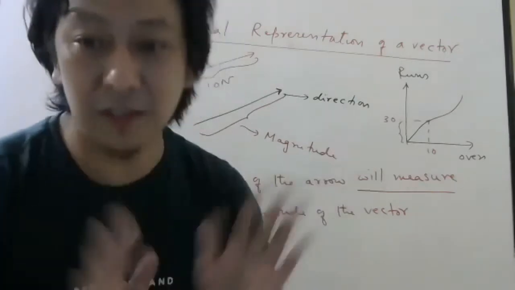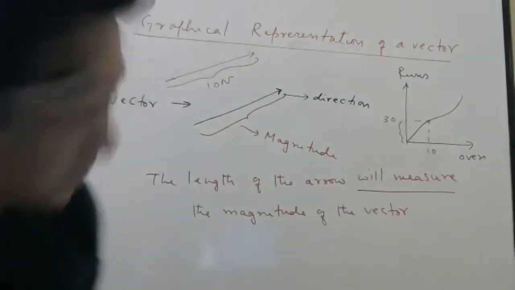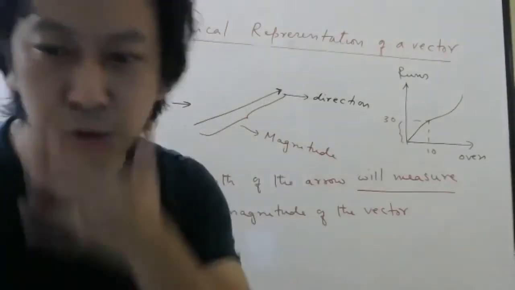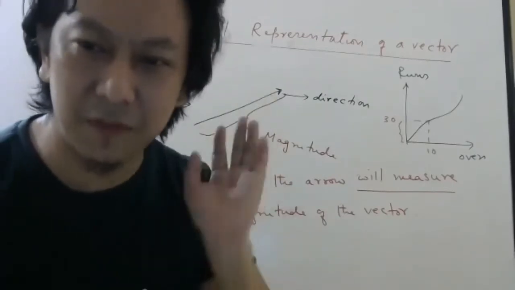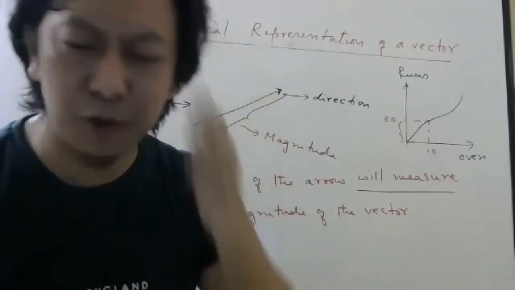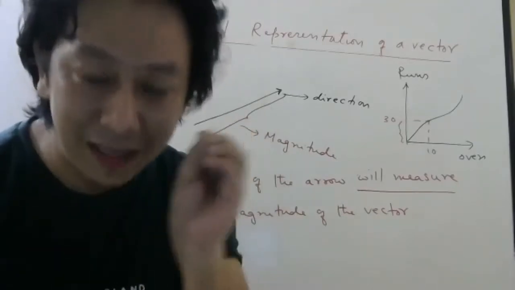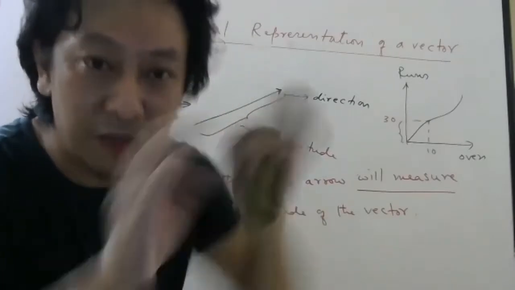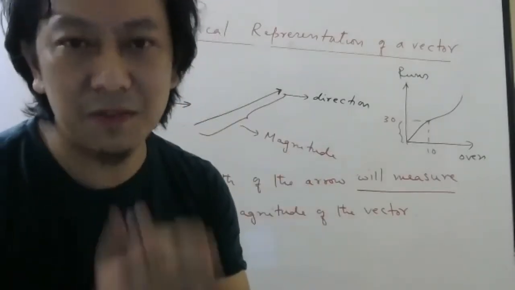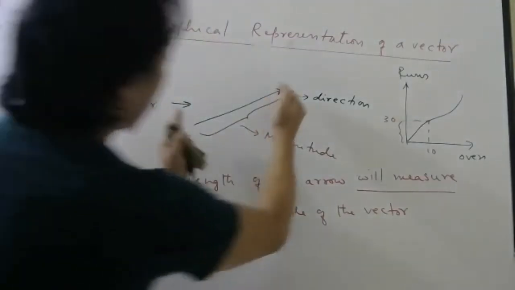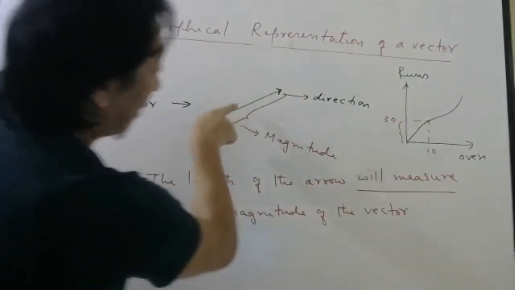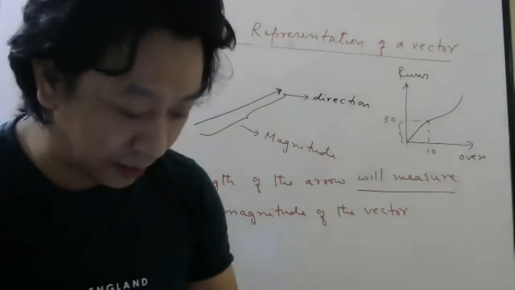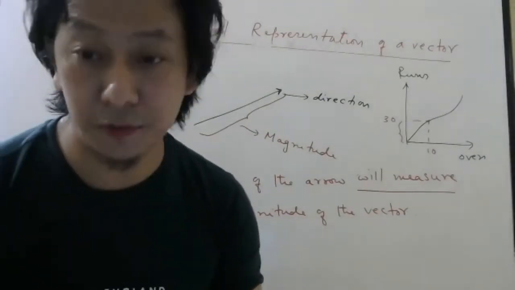See, I want to tell you everything so that you don't get confused later. If any of you have any doubt, please tell me. See, students, I have been teaching for the past 17 years, and when I was studying, I used to have too many doubts. So that is why when I study or teach, I try to go deep and know everything. Once you do that, entrance exams become very, very simple. So the length will give you the magnitude, and wherever the arrow is will give you direction. After this, let us look at learning exercise 2.4 in our material.